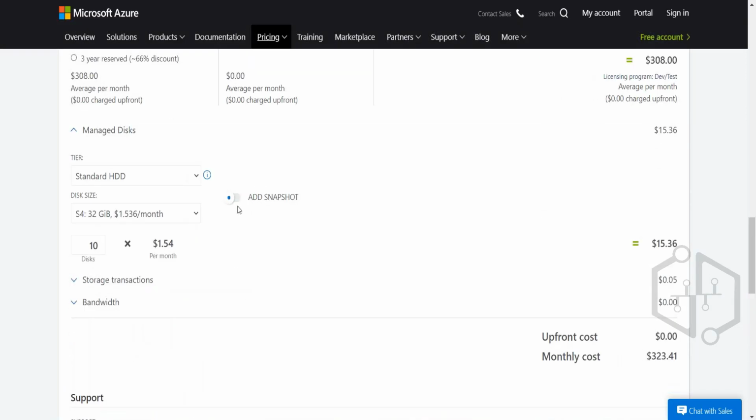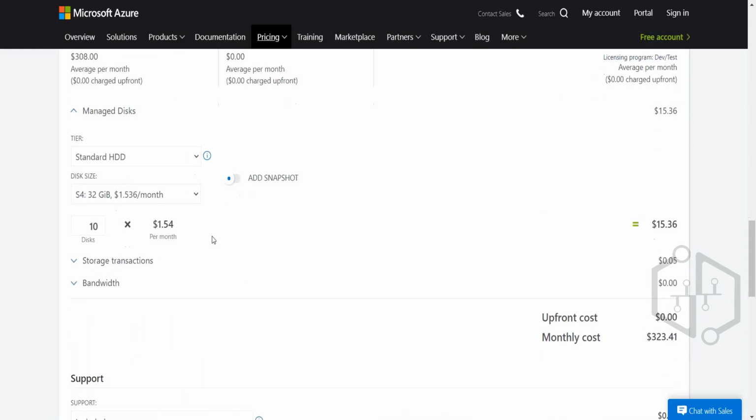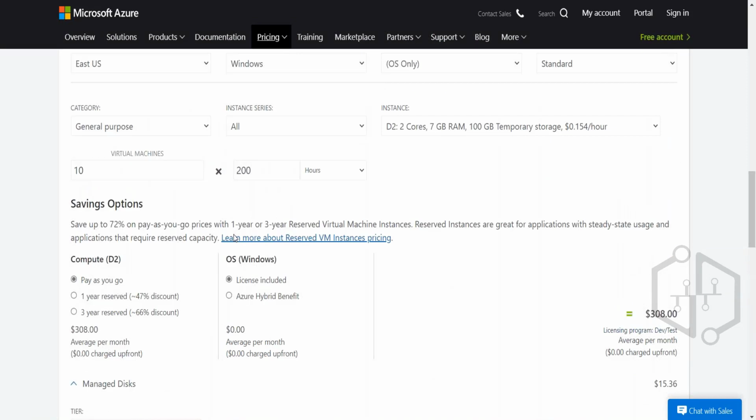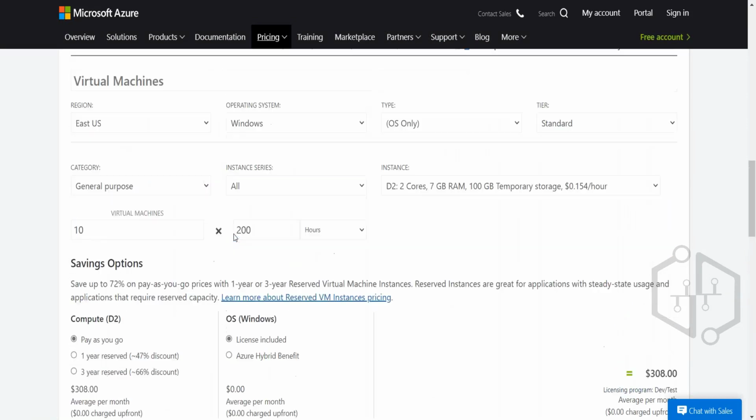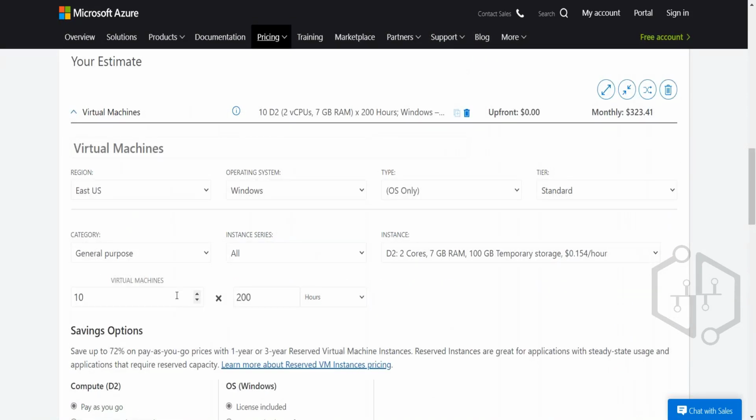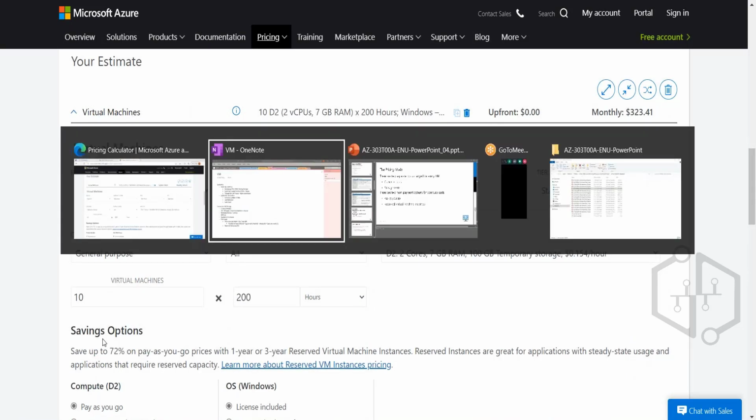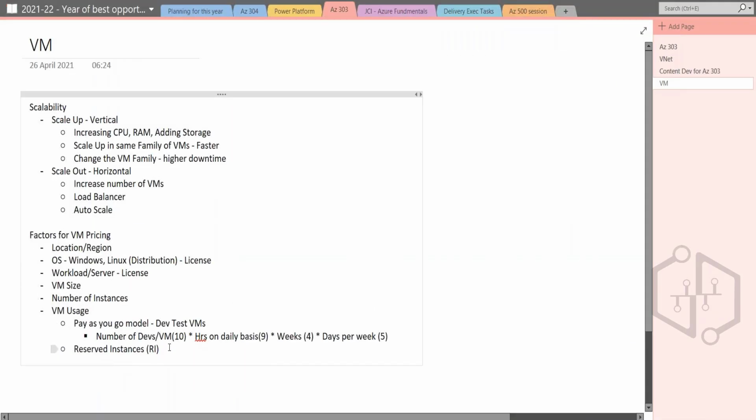So this is one way how you calculate a cost. So this was one way of calculation. Now let me show you the next resource over here, which is reserved instances. When will I go for reserved instances? In case of production scenarios where I cannot afford to have a downtime, in those scenarios, I will go for